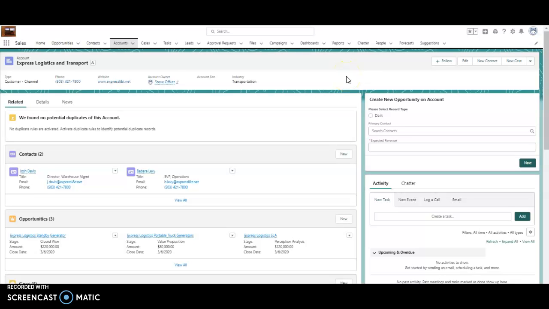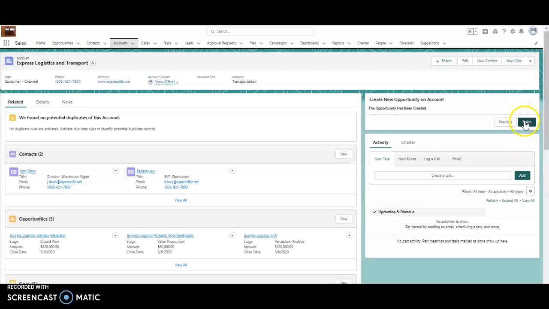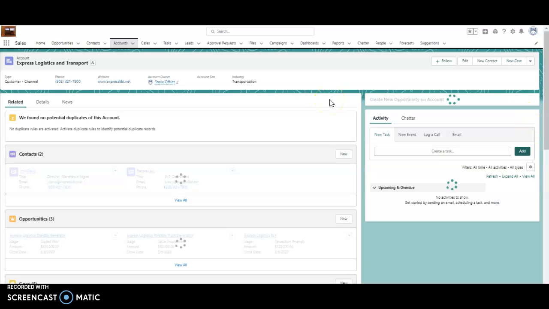I created a flow to create a new opportunity on the account level. First, you select the record type, then you select the primary contact. We're going to choose Arthur Song to look up there. We type in the expected revenue, then we push next. Now what this is going to do is it's going to grab the contact last name